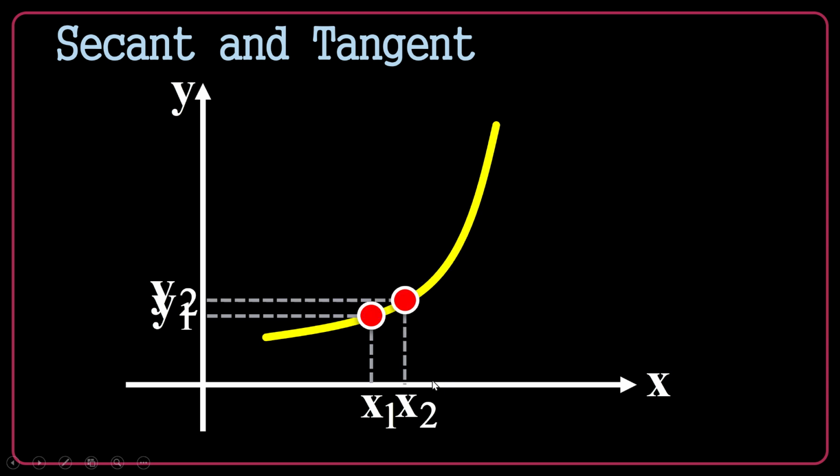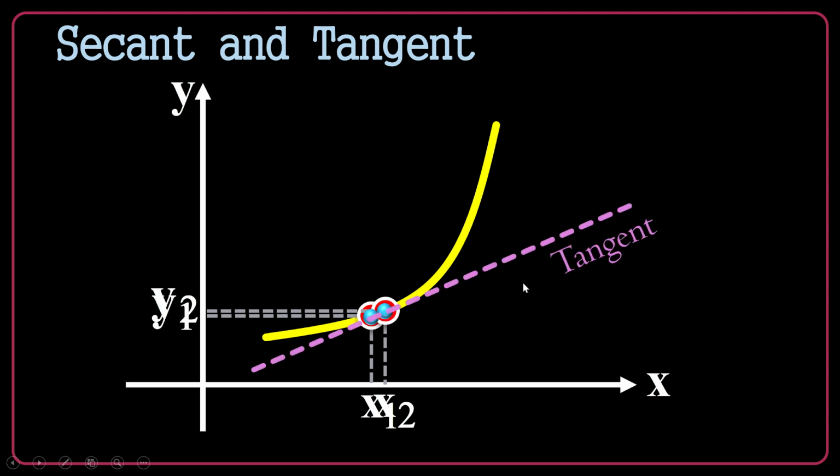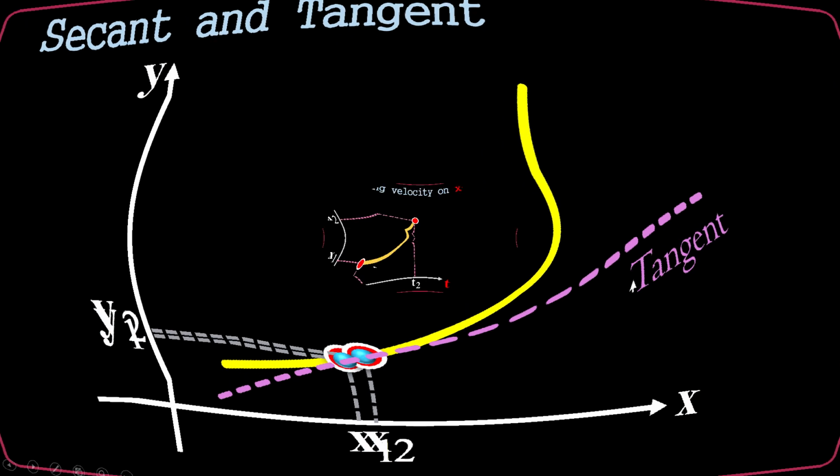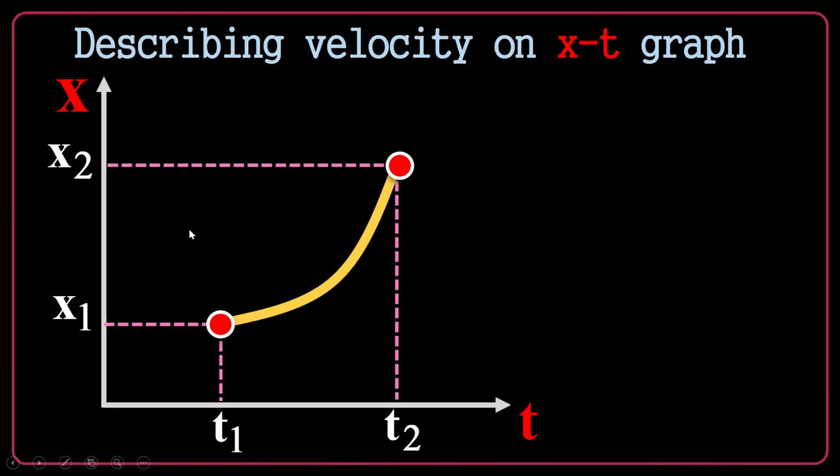And so if I take x2 closer to x1 and again closer to x1, I see that the second line is almost part of the graph. So in the limit, when x2 tends to x1, basically the second line is a part of the graph. And if you extend that, you will have something which is called the tangent line. Guys, we are back to physics.